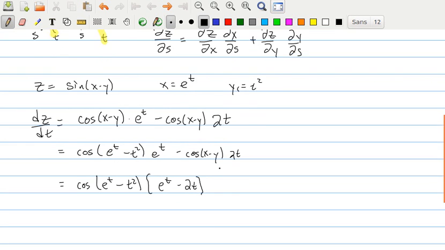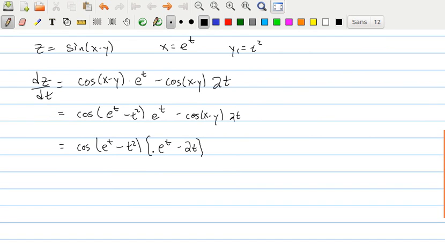Now in some situations, it may be easier to sidestep the chain rule and just plug in your subordinate functions into our function of x and y. So let's actually do this derivative in that manner instead. First, let's just write out what z is after the substitutions. So z is sine of x, which we have as e to the t, minus y, which is t